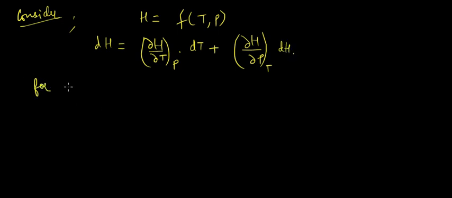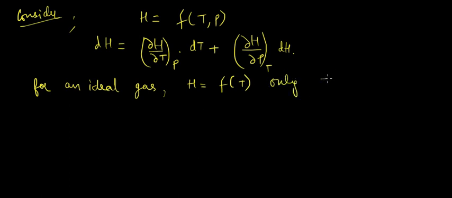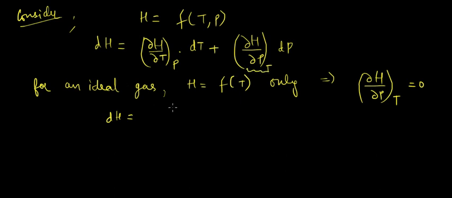Okay, and for an ideal gas, we know that enthalpy is just a function of temperature only. So we can write that del H upon del P at constant temperature is 0. So from the above equation, dH would be equal to, as this term is 0, del H upon del T at constant pressure